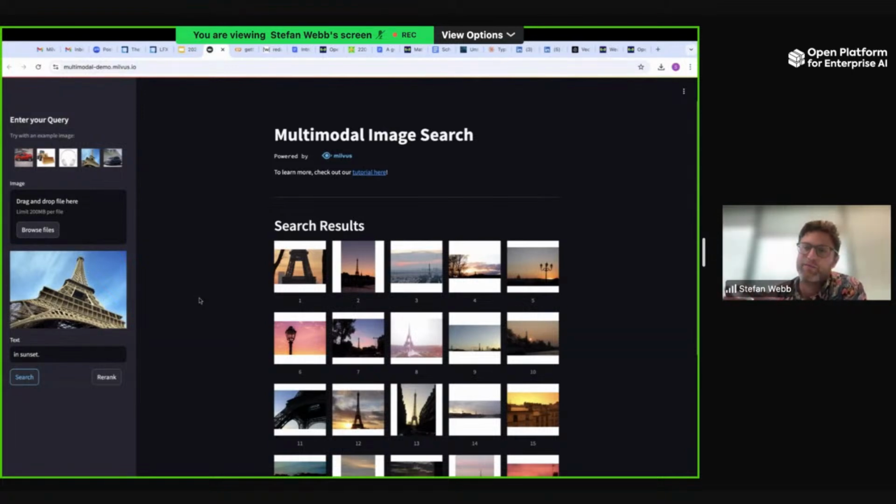So this is just an example of a semantic search system that you can build with Milvus. Check out our tutorial here. It's based on a paper by Google called Magic Lens, and we have a full tutorial to show you how to actually build this yourself. On the face of it, it might seem like magic, but actually building the system is not too hard at all. So I encourage you to check out that tutorial.